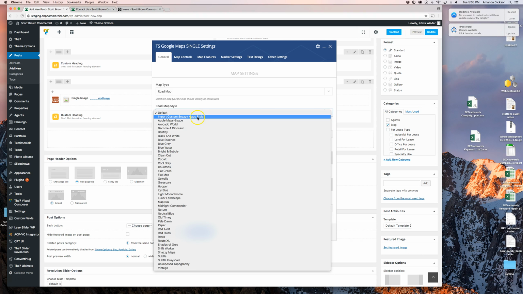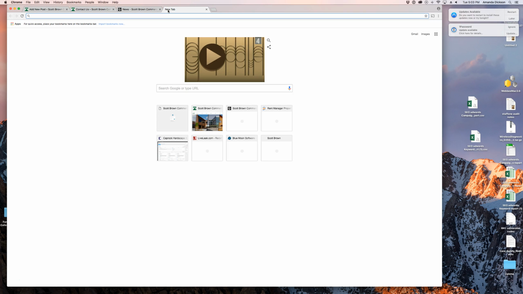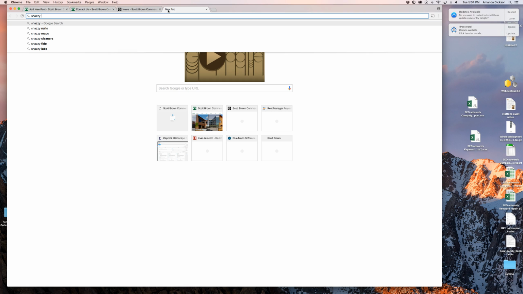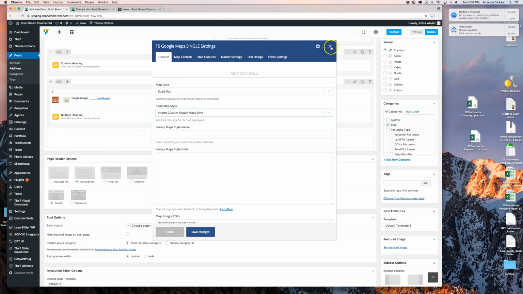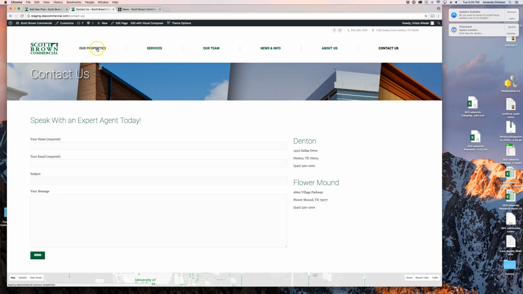Oh, snazzy maps. So if you want a pretty map, actually, I'm going to show you one. There's an automatically a snazzy map style code. You don't even have to, that we already use. So it'll come out and make the roads green. So on our maps, if you notice, like on the property,